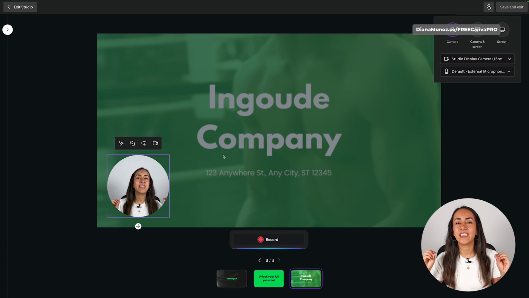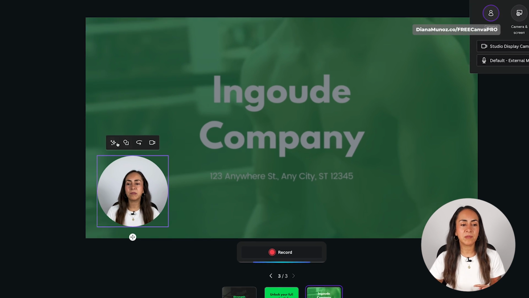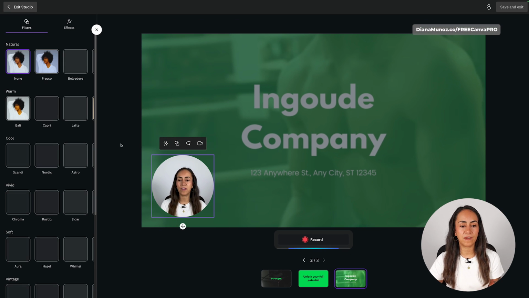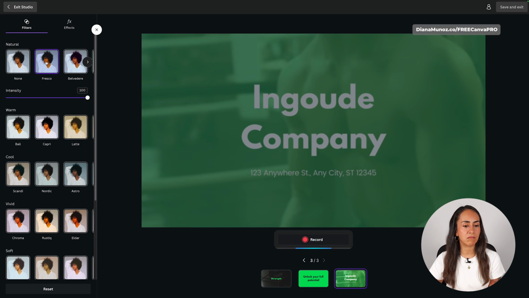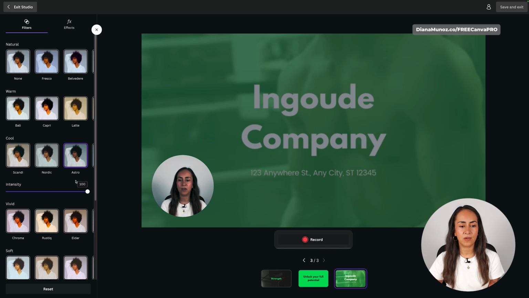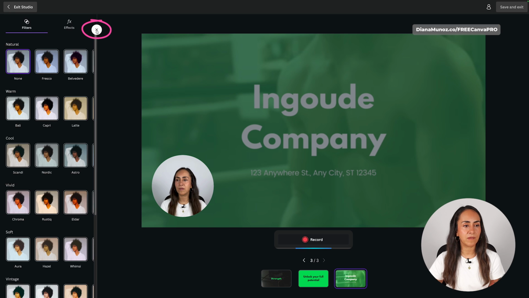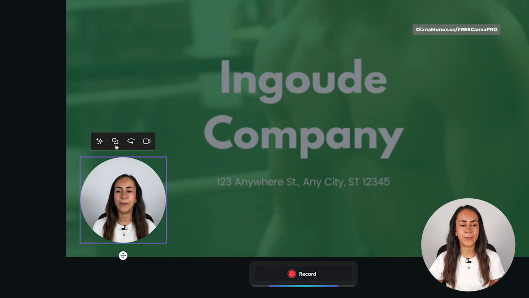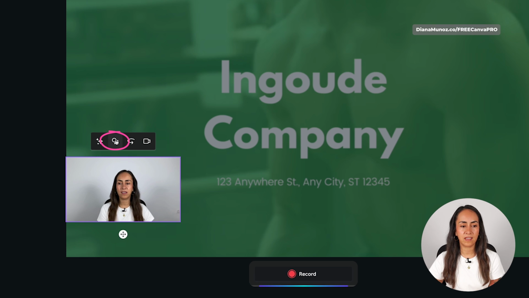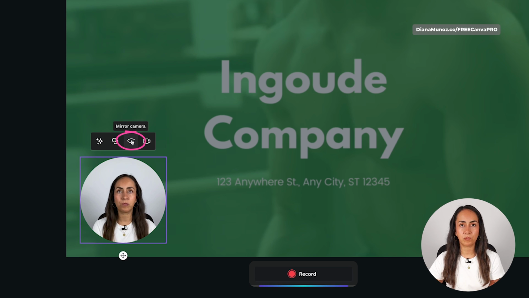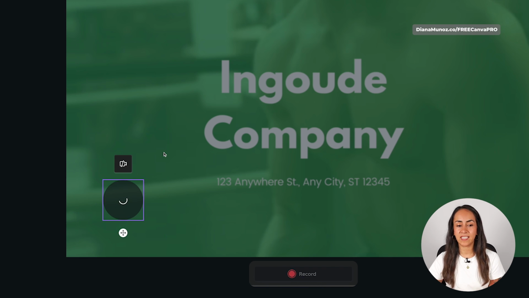At the moment, we are inside a recording studio. From here, you can add filters and effects to your recording. So let me try this one right here, or this one, or this one, or simply use none. And then if I close this window and I click on my bubble, I can also change the shape of my recording. Clicking here to have different options, I can mirror my camera, or I can turn the camera off. Let's say that you just want to have the recording of your voice, so you can do it as well,